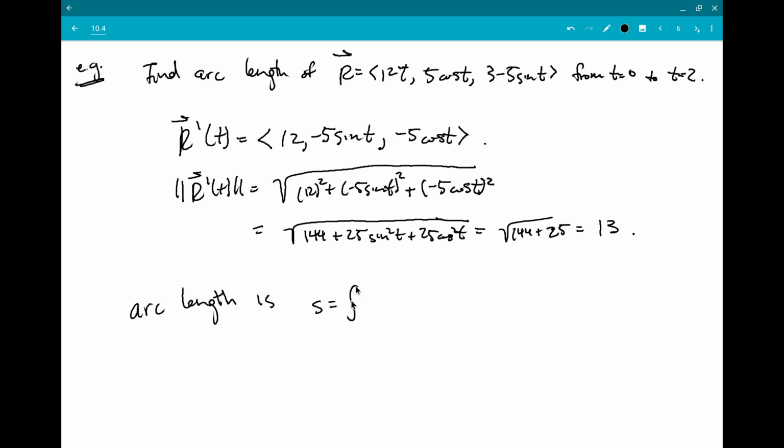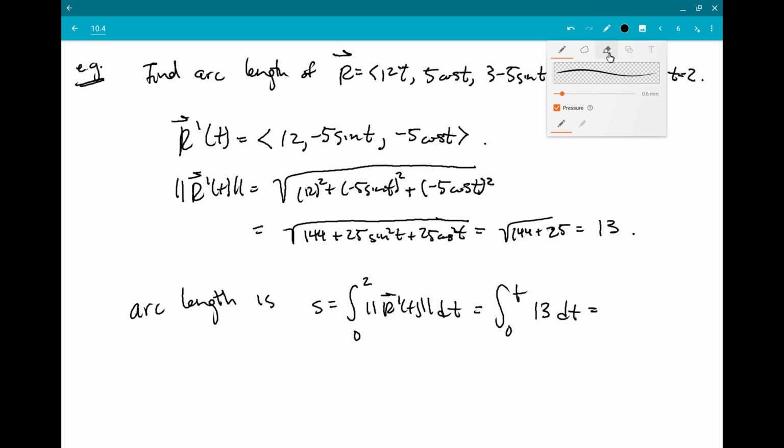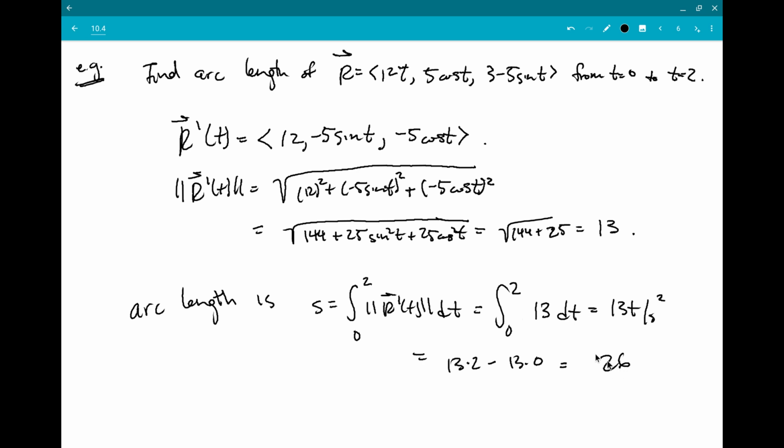And so my arc length is s equal to the integral from 0 to 2 of the magnitude of r prime of t integrated with respect to t, which is the integral from 0 to 2 of 13 dt. I just copied things down wrong between those two steps. So that's 13 times t from 0 to 2. That's 13 times 2 minus 13 times 0. That's 26. And so if we measured that curve given by this equation from plugging in t equals 0 to t equals 2, we would get that it is 26 units long. And that's how we compute